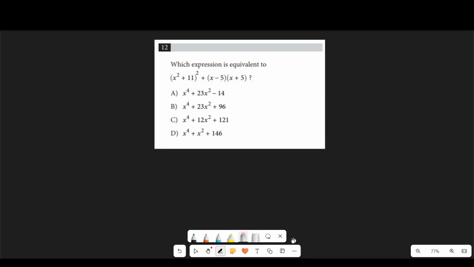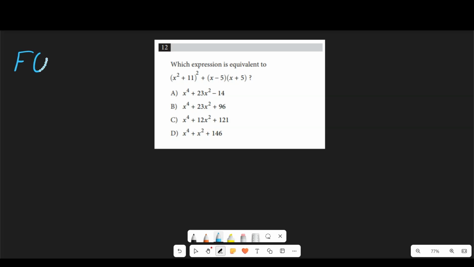This is a question from the 2024 Practice Bundle 6 Math Module 1. Not a lot to read here. Which expression is equivalent to the quantity x squared plus 11 all squared plus the quantity x minus 5 times x plus 5? I would consider this a medium type question because it's not very